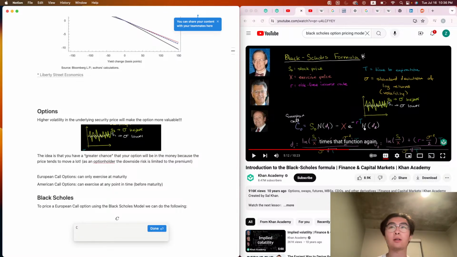C0 is equal to S0 times N of d1, minus X times e raised to the negative rT, times N of d2, where